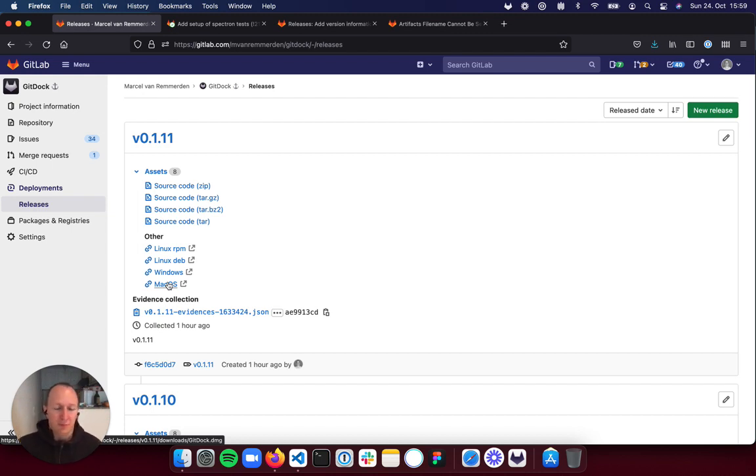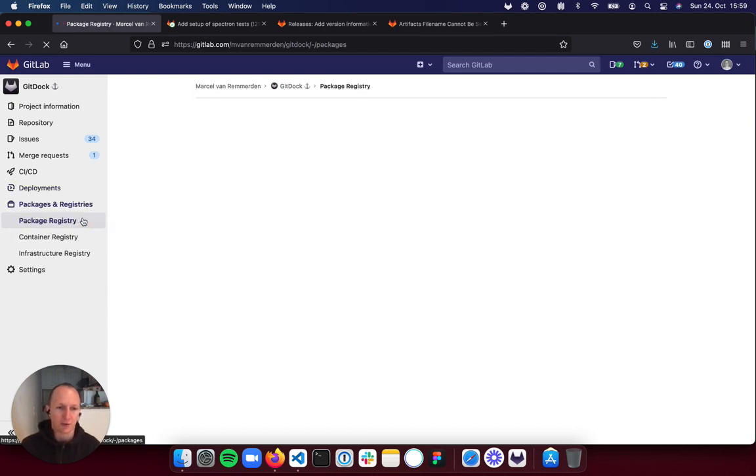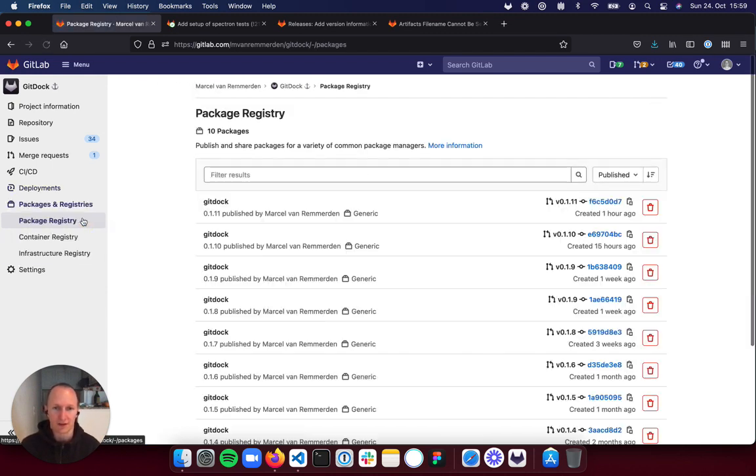But I was very surprised by having to use packages and registries for that. I had never connected a release installation file to be hosted somewhere in a package. And this first caused me a ton of confusion when enabling it. And it also shows that the interface is not really made for it. When we're here in a package registry,